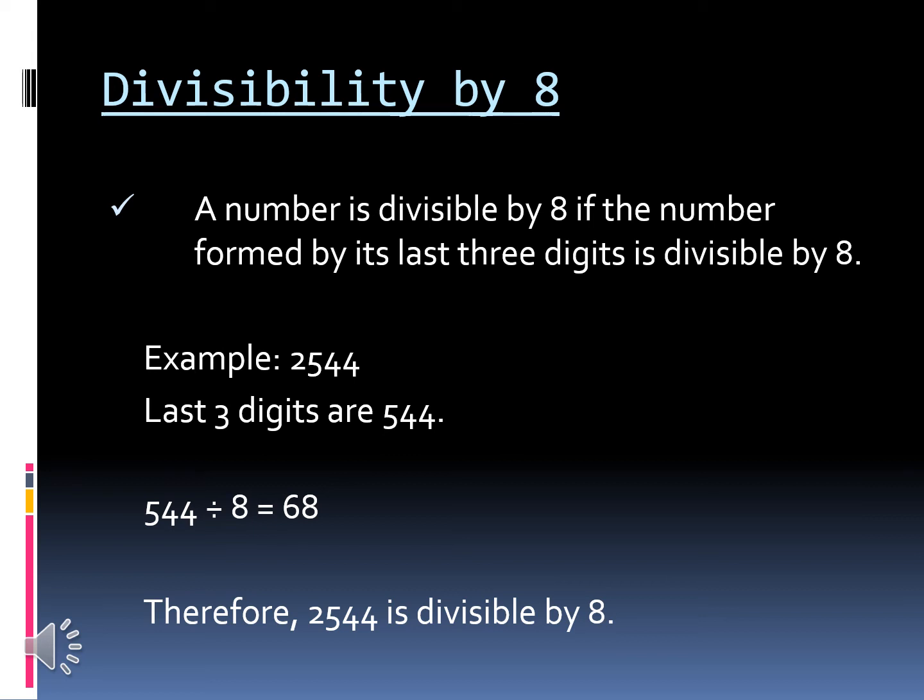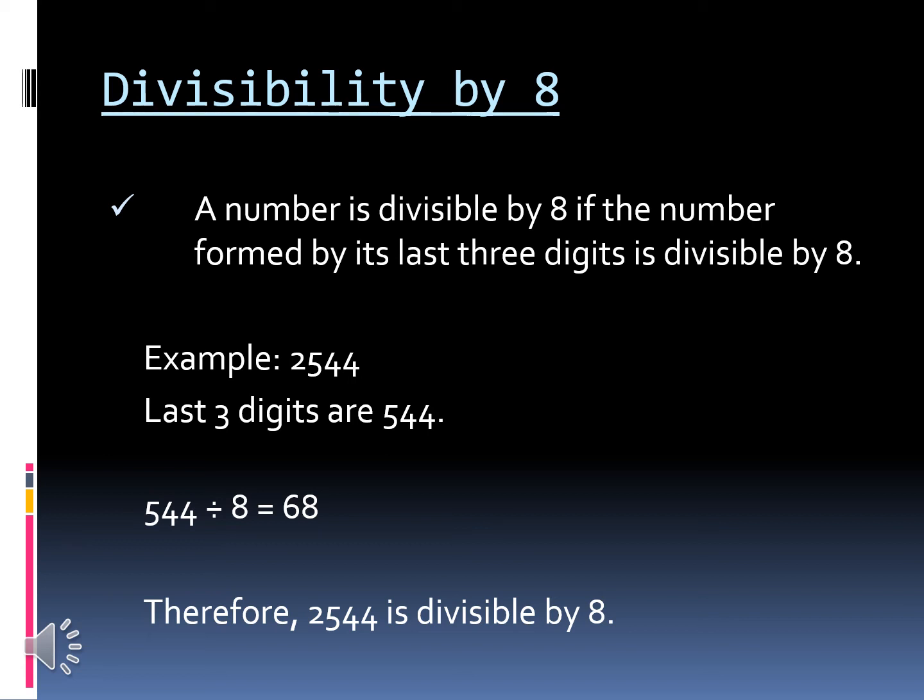Much similar to the divisibility by 4. A number is divisible by 8 if the number formed by its last 3 digits is divisible by 8. So here what you have to do is focus on the last 3 digits of a number. Only the last 3 digits; just ignore the rest of the digits. So here the example is